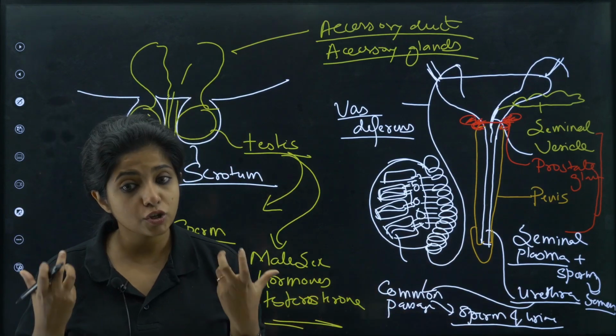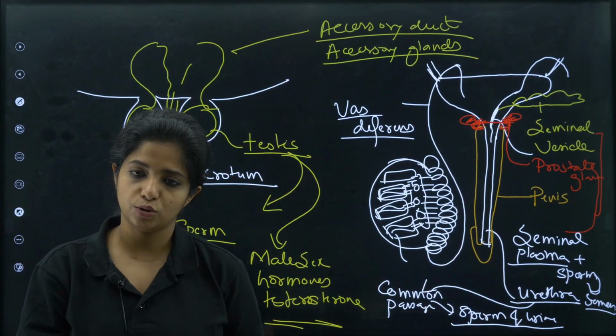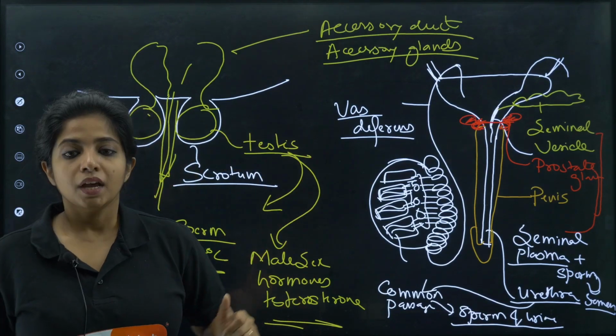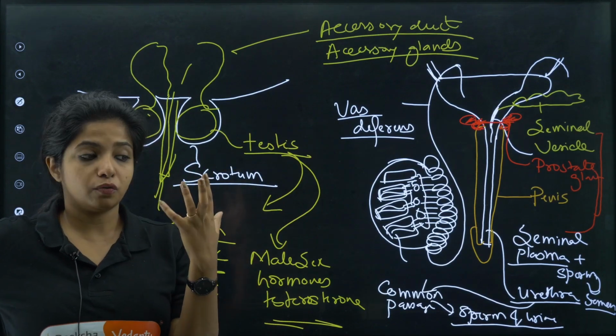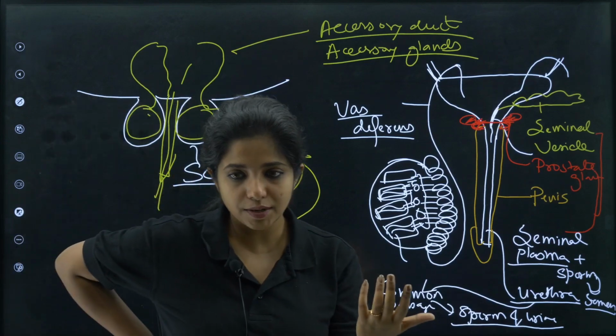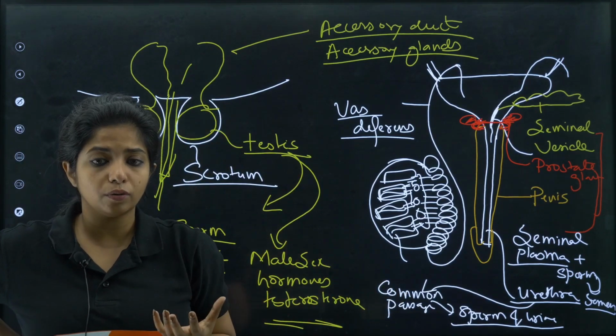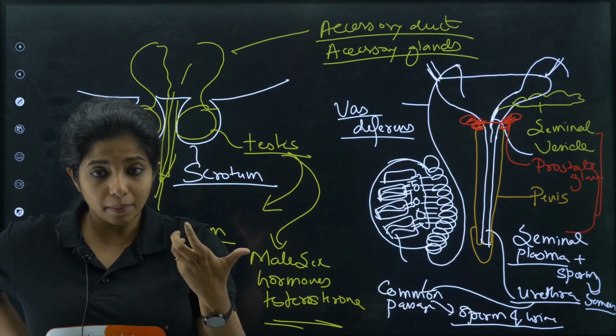Seminal plasma is there for nourishment of the sperms. Now one very important thing I'm going to teach you here itself. There is something known as contraception, where basically a birth control mechanism is applied. So in the case of males, how can they contribute to birth control? There is a method that is